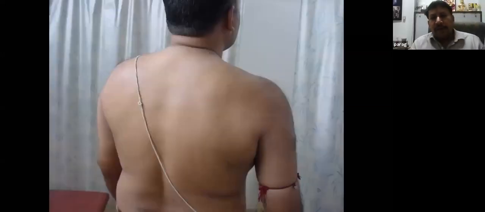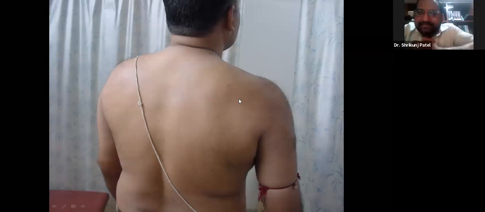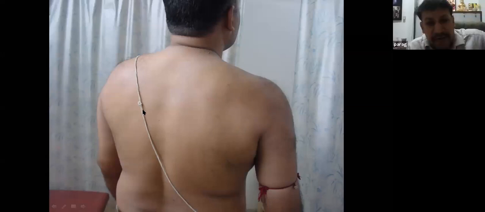Now coming to the same thing, I'm just going to give you the findings here because it may not be very clear in the picture. This guy is a very huge built person. He used to be a boxer in his past, but he presented with isolated infraspinatus wasting. Can you see this area here? Yes, sir. On this side, he's very muscular. He's right hand dominant. This side is absolutely fine, but there is a huge amount of wasting here, which is isolated infraspinatus wasting.